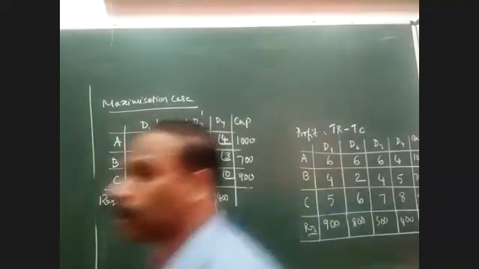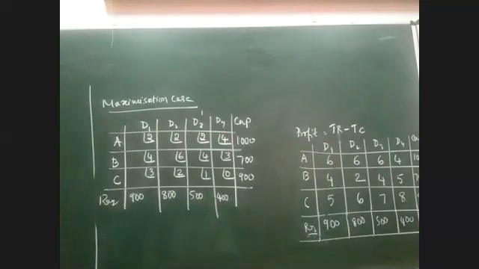But before we solve this particular problem, first you should always verify whether the given problem is balanced or not. Is it balanced or unbalanced? Balanced, sir. So you can see that the capacity comes to 2600, and the requirement also is 2600. Therefore, the problem is ready to solve, no issues. So let's start solving this problem by our Northwest Corner Rule method.